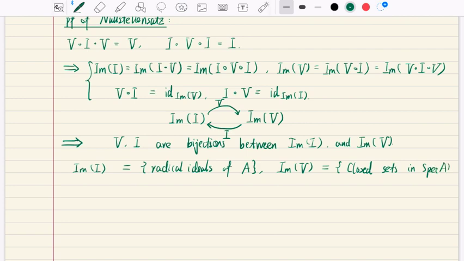The second equality is somehow easier because that is the definition of the closed subset. We define any closed subset in the spectrum by the image of V, by the V of some ideal or some subset of the ring A. For the first one, we need some